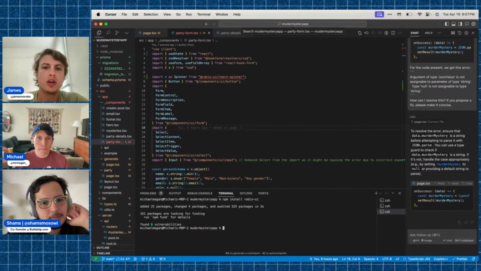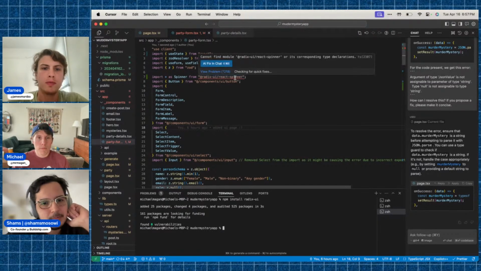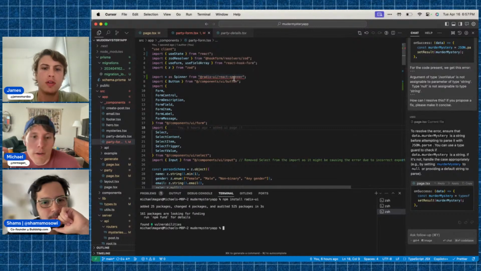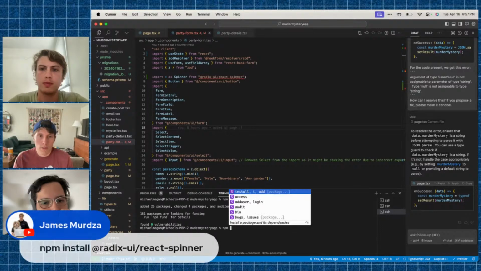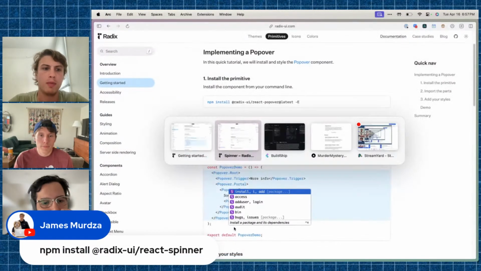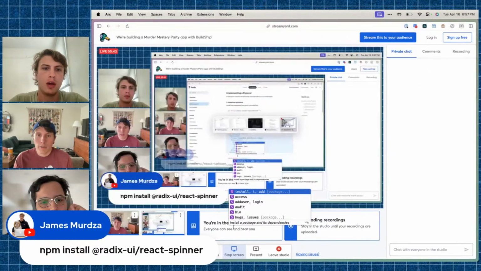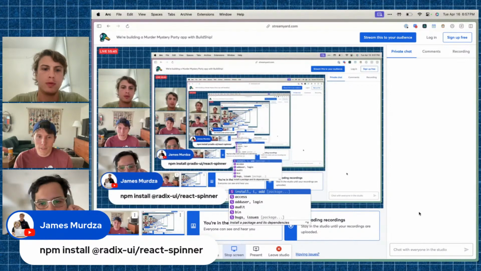The instructions here say npm install and then the whole import name. So like this. Here, we want to put it in the Streamlab and all. Oh, whoa, that's wild.